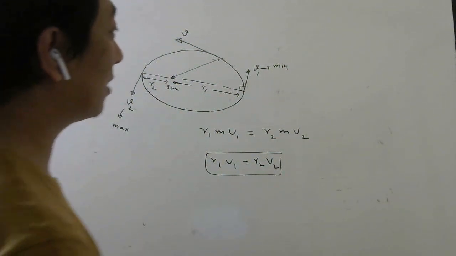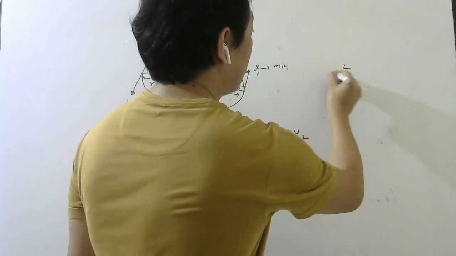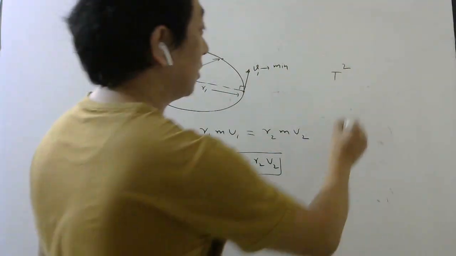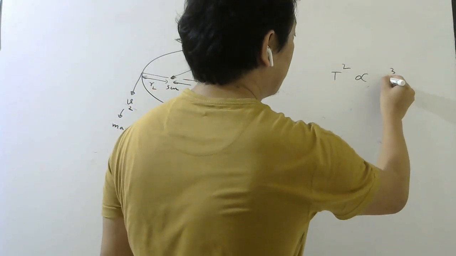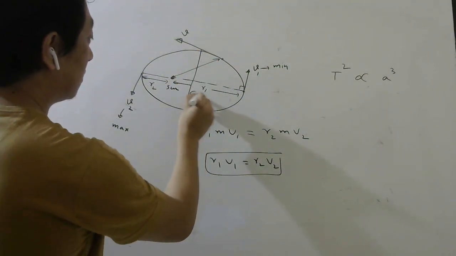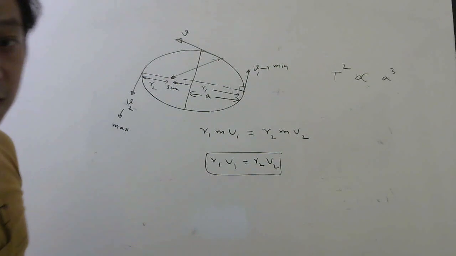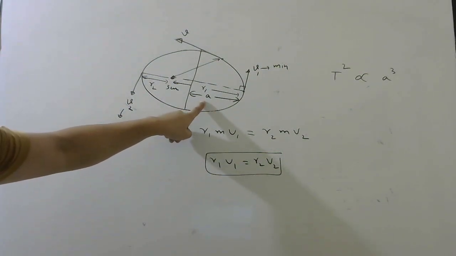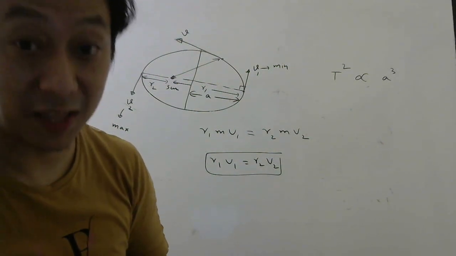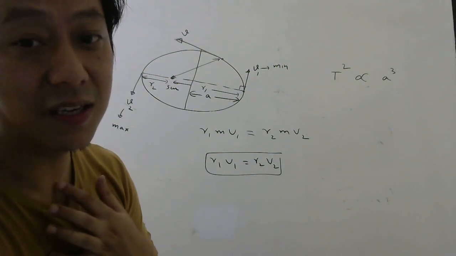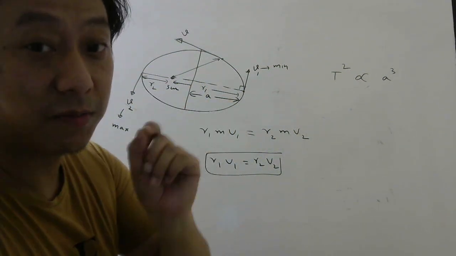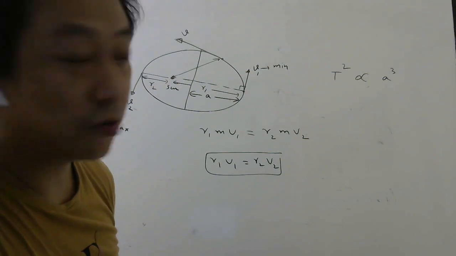So from here also we can find the ratio of velocities if we know the ratio of the distances. And the final thing that you should know is that the square of the time period of a satellite around the sun is proportional to the cube of the semi-major axis. Semi-major axis means half of this. Half of this. Okay, and that A you should be able to find in terms of R1 and R2. So if you have done coordinate geometry in mathematics, in terms of eccentricity, you can find this distance in terms of R1 and R2. So those things you try.